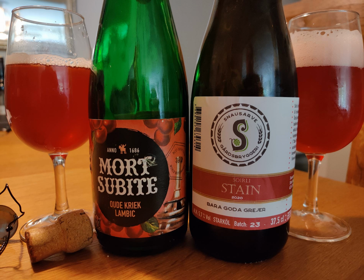So what do you give this Mort Subite Oude Kriek Lambic? I want to be kind to it, but I probably shouldn't. It's somewhere around week 3.5. I'm going to give it a 3.25. Yeah, for sure. Okay, so let's move on to the Swedish